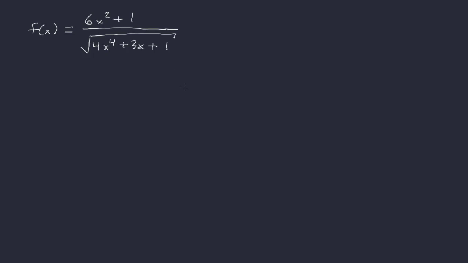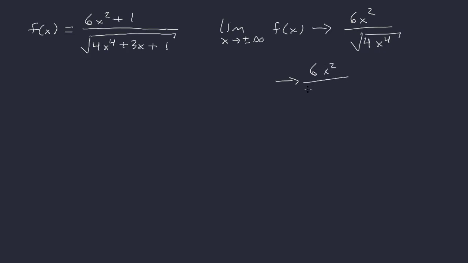Of course, as I mentioned, it's not always something you have to worry about. Because if we look at the limit as x goes to plus or minus infinity of this particular function, 6x squared plus 1 all over the square root of 4x to the 4th plus 3x plus 1. Okay, if we just look at the leading terms, we'll get 6x squared all over the square root of 4x to the 4th. So this would be 6x squared all over 2, and we could say it's the absolute value